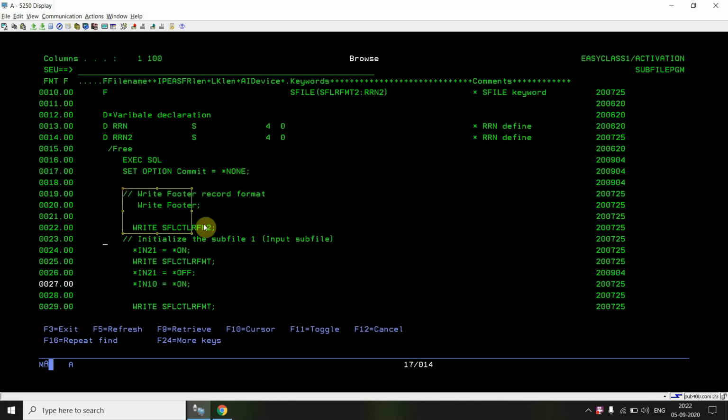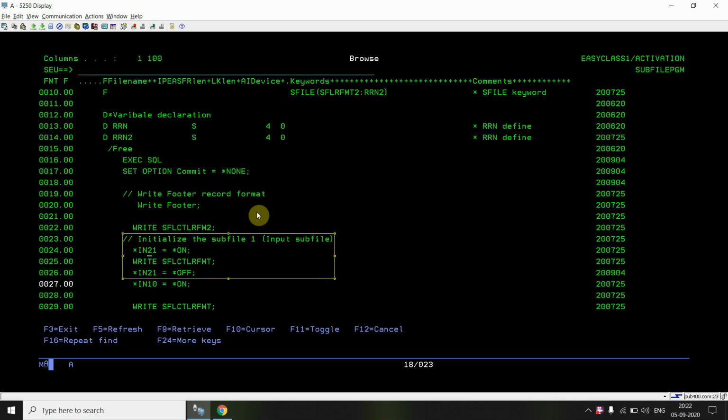Now I'll be displaying multiple subfiles. So I'm writing the footer, the subfile control format for the second subfile. Then I am initializing the first subfile. Since the first subfile is initialized, I need to enter the records in that, and they will be displayed in the second subfile.